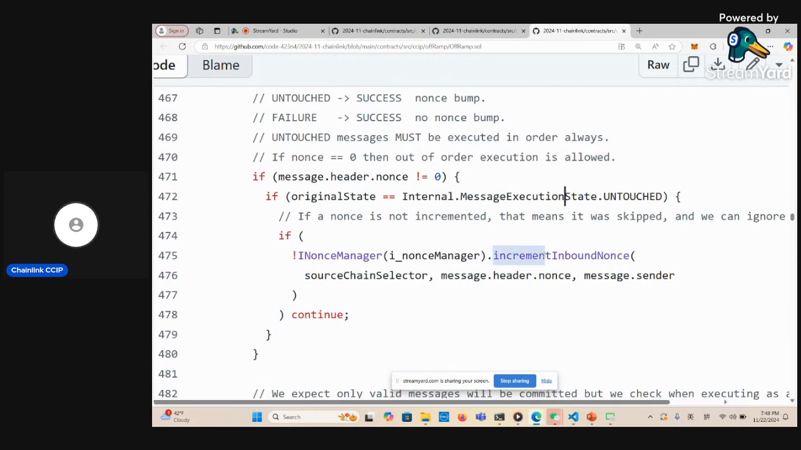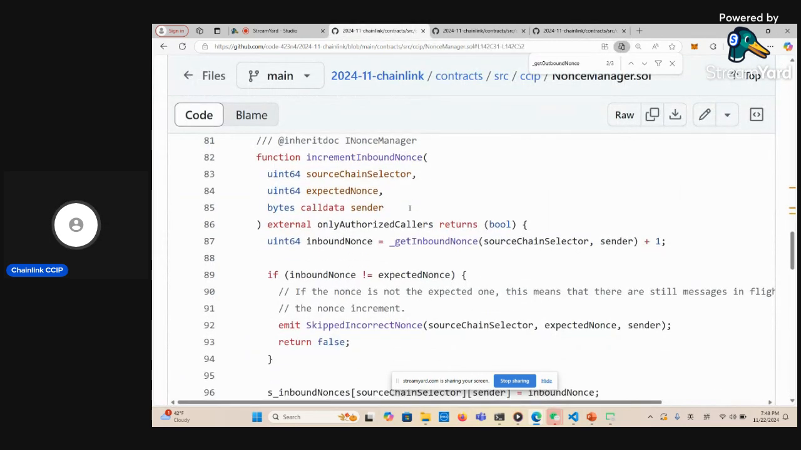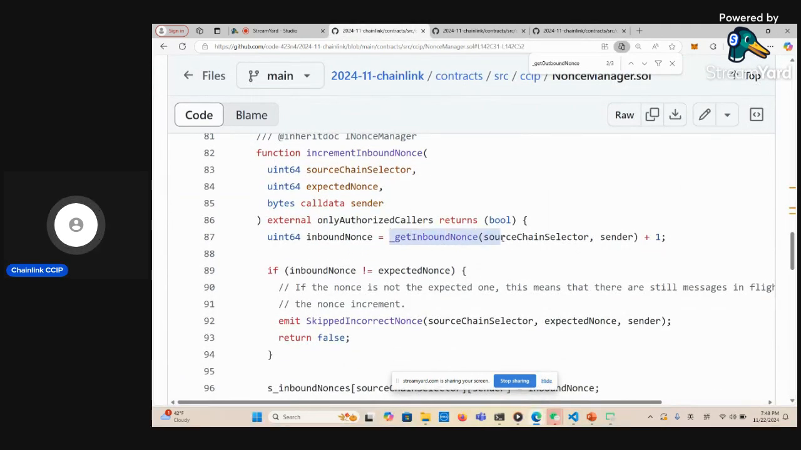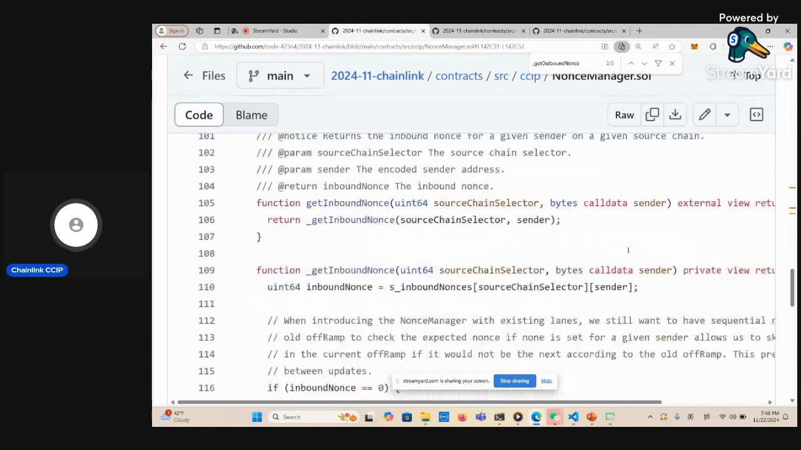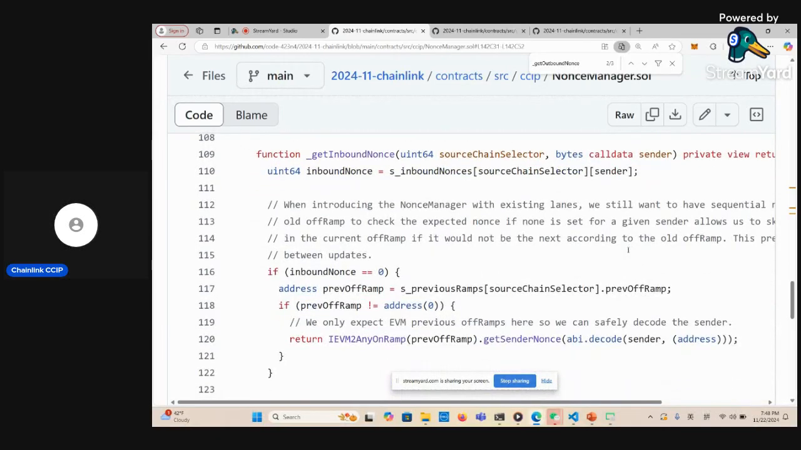Okay. So this will increment. This function is going to call NonceManager increment inbound nonce. We can look at what it's doing. Basically, what it's doing is getting the current inbound nonce, and again, it's pretty similar. It's going to retrieve the value if it exists, and if it's 0,